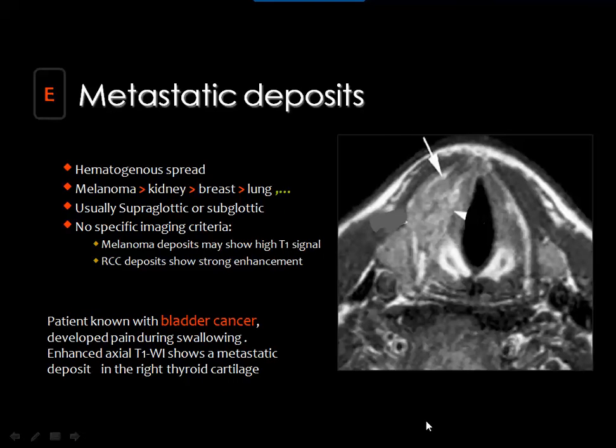Then hematogenous metastasis may come to the larynx from known primaries like melanoma, renal cell carcinoma, breast cancer, and bronchogenic carcinoma. Most of these lesions are located in the supraglottic area, and there are no specific imaging criteria. But the presence of a known primary may suggest the possibility that what you are looking at is a metastatic